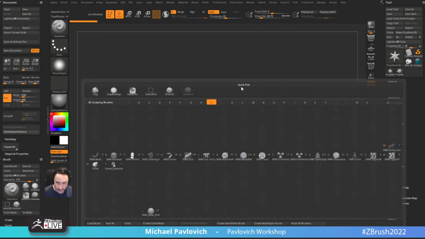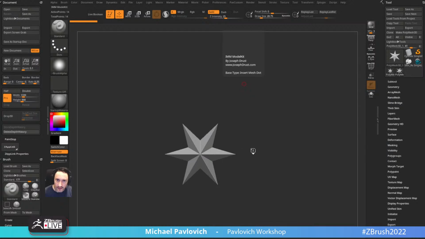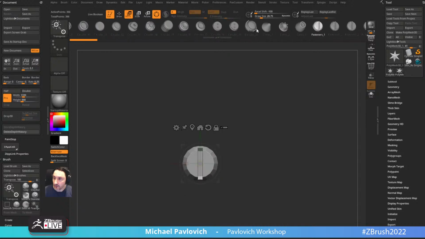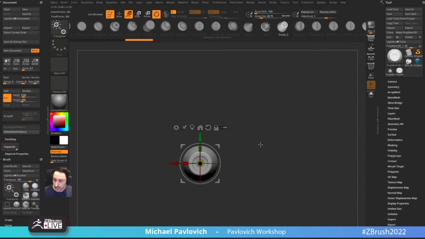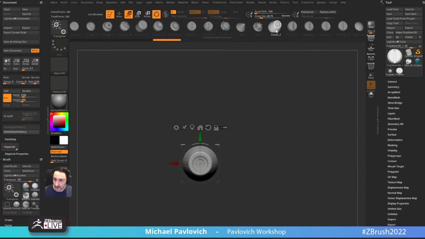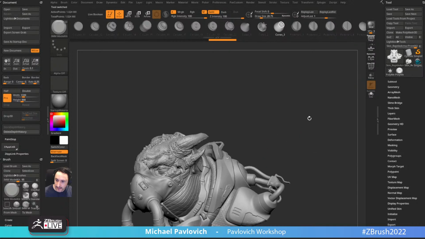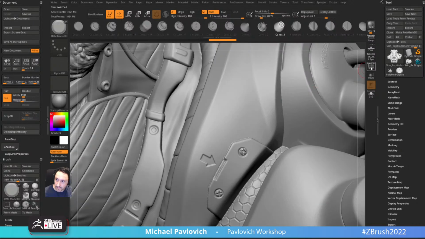I'm going to say BI, brush insert. IMM model kit. Your icon will be a little different than mine because I added stuff to it. Then I can hit W and I can go through here and I can select other brushes or just other objects basically. I'm just looking for an object here. So we have an object here. I'm going to hit Control D a couple times just to make sure it's nice and smooth. I'm going to go back here and we're going to say,